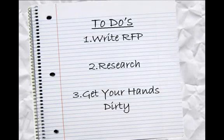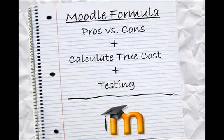And this is how I actually ended up deciding to go with Moodle. I tested it out, I was able to easily get it up and running on my own, and it met most of the requirements I had described in my RFP. I was giving up a few things, but for the price, I couldn't argue. So going through these steps helped me come to the conclusion that Moodle would fit the needs of my organizations at the lowest cost. You may come to the conclusion that you'd be sacrificing too much by going with Moodle,